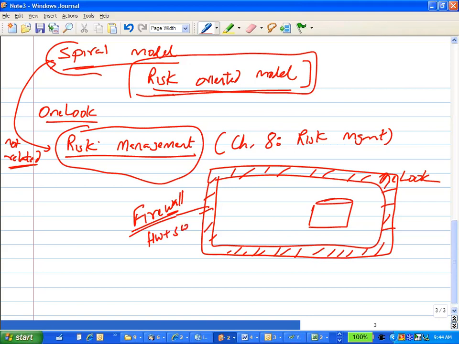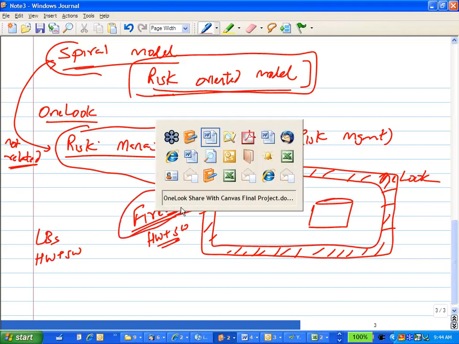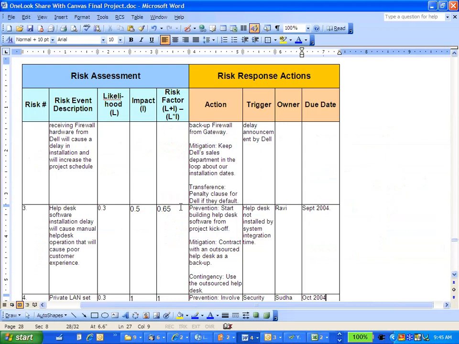Hardware plus software. We're not talking about the firewall that we have on Windows. That's very simple. I'm talking about enterprise level firewalls. Usually firewalls come with dedicated boxes, just like load balancers come with hardware and software. So anyways, we have to purchase a firewall for our project, right? Because of security, right? So one of the risks that I have is,